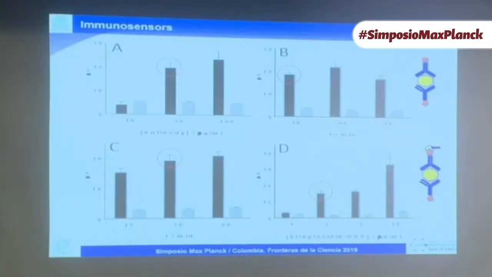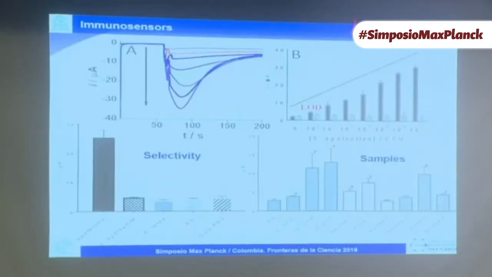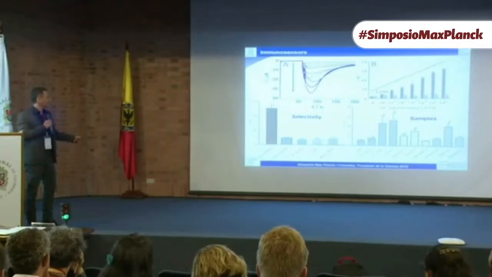We need to characterize the immunosensor in all the steps of the fabrication process. First of all, we need to optimize the concentration of antibody, the incubation time, the concentration of streptavidin HRP, and its incubation time. Once we optimize all the variables involved in the immunosensor, we can challenge it with different concentrations of bacteria.